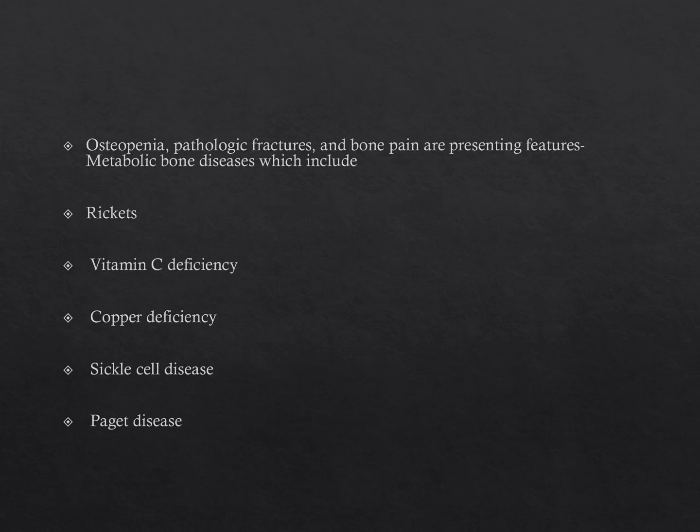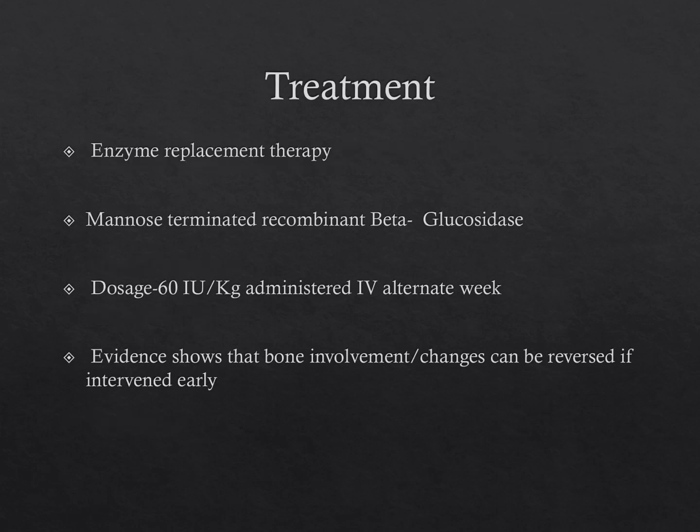When the patients present with skeletal manifestations in the form of osteopenia, pathological fractures, and bone pain, the differential diagnosis would then point towards metabolic bone diseases in the form of rickets, vitamin C deficiency, copper deficiency, sickle cell disease, or Paget's disease. When it comes to the treatment, I would be talking only of type 1 Gaucher's